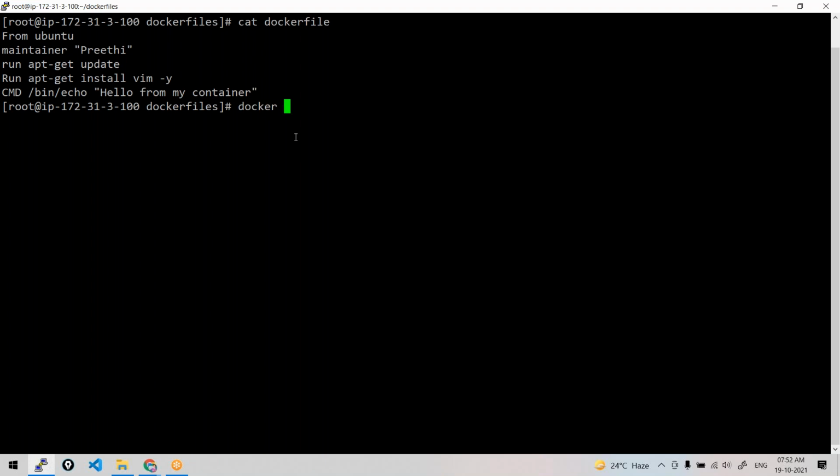How do you build? Docker build command, -t means tag name your image. Let's say I would like to name it as myownimage:dockerfile, so that I would understand it's coming from the method of Dockerfile, and then the location of your Dockerfile, including the path.